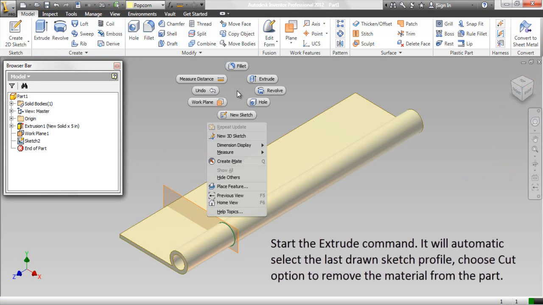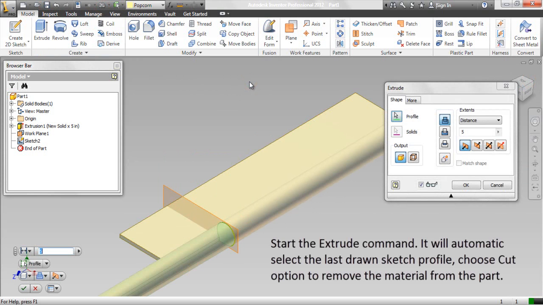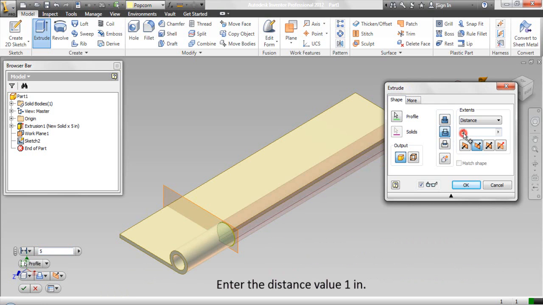Start the extrude command. It will automatically select the last drawn sketch profile. Choose the cut option to remove the material from the part. Enter the distance value 1 inch. Click OK.